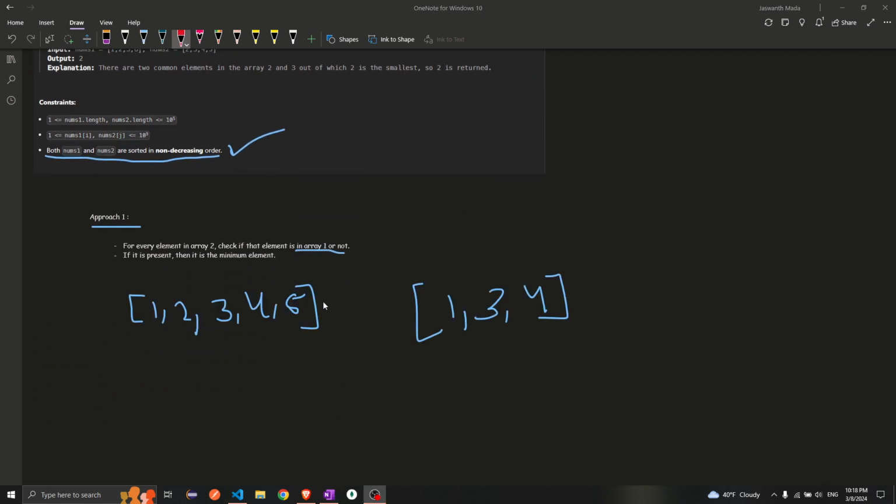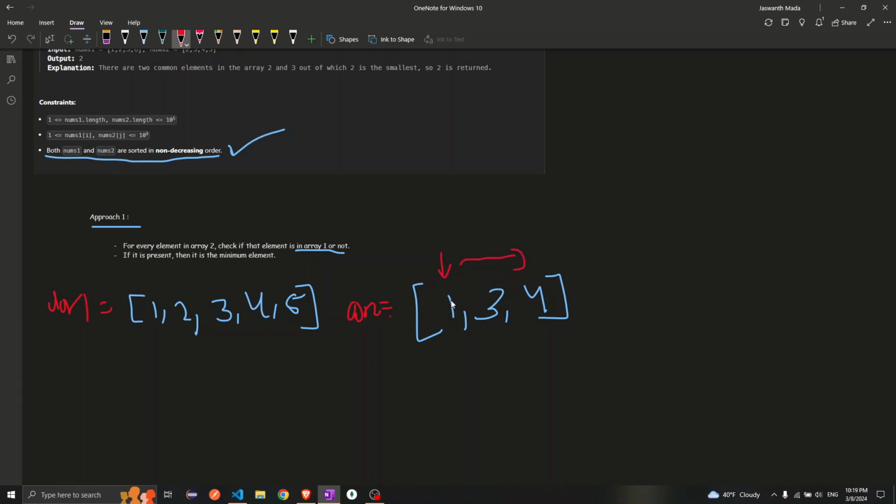So let's look at this example. In this example, we have two arrays, and this is array 1. This is array 2, right? Now what I'll do is I'll take this element. We already know that this array is sorted in ascending order, right? So the leftmost value is always the smallest one, right? So if I could find the element on the leftmost value in this array, then it is the answer, right? So what I'll do is I'll take a pointer here